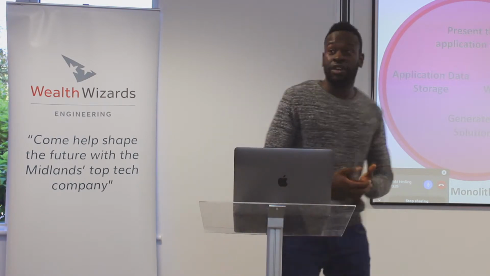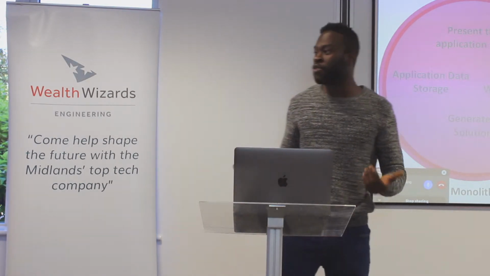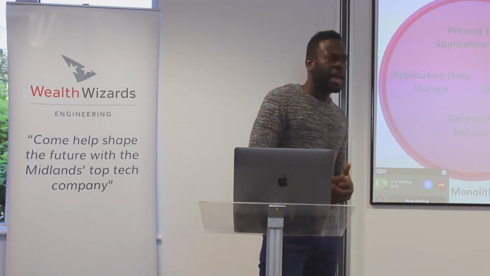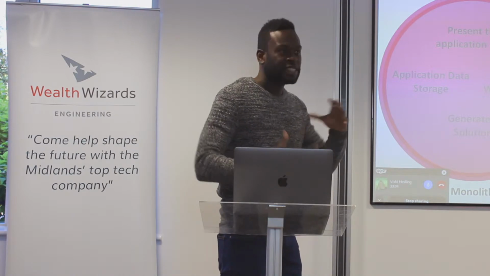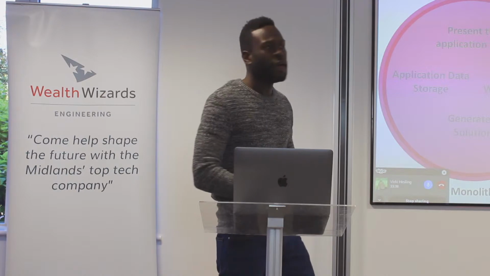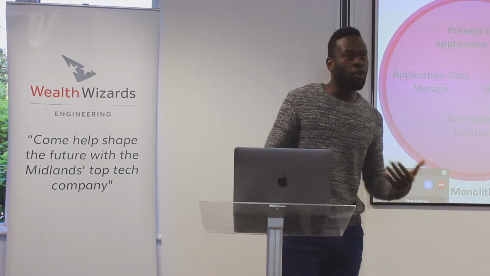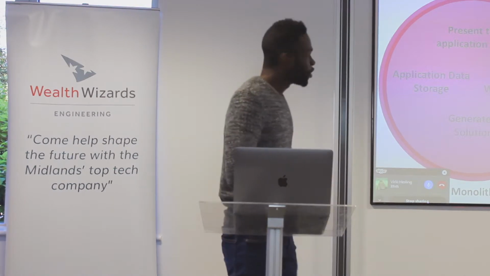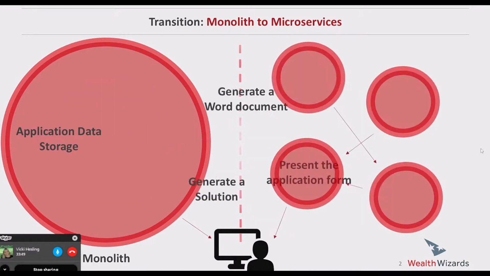Now that actually makes sense in a lot of cases, and as a matter of fact, the first generation of Wealth Wizard products were developed in this way. So that's the Pension Wizard and the Retirement Wizard. And depending on the context of your team structure, your team size, and the sort of features you want to roll out, this actually can be quite optimal. But as you start to scale, as your feature requirements get a bit more complex, your product managers start to get a bit annoying, there's going to be a few issues. So one way to deal with that is to